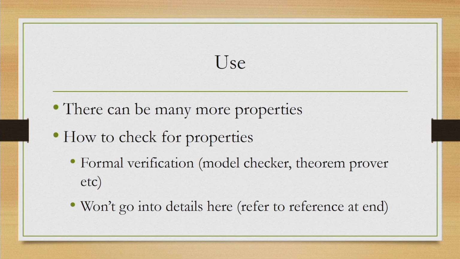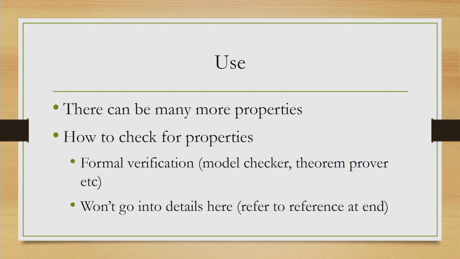That is possible. So, formal notation actually allows us to check for the presence of these properties. And how can we check for it? We will not go into the details of those property checking mechanisms. There are techniques that come under formal verification of such properties, namely model checking techniques, theorem proving techniques or equivalence checking techniques. These are somewhat complicated and we need not go into the details. However, if you are interested, you may refer to the reference that will be mentioned at the end of this lecture for more details.